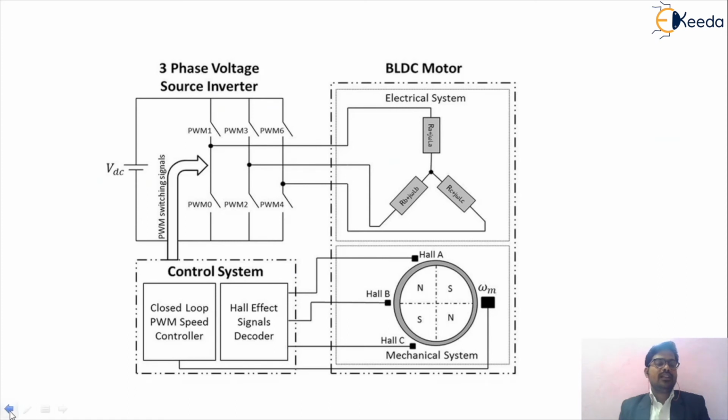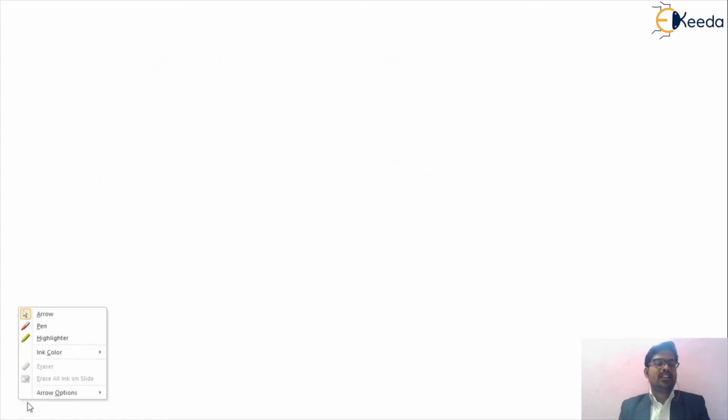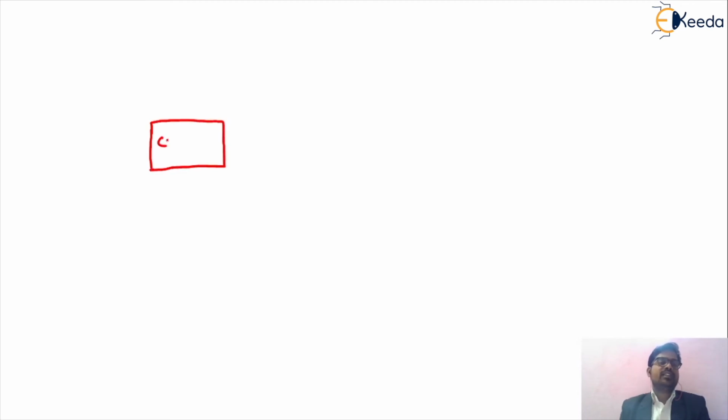So friends, now we can understand the closed loop control scheme of your system. For that, we have to draw one closed loop control system. As we know, this is a brushless DC motor. A very important part of the system that we are using is first of all the controller, which we use for controlling that particular circuit.